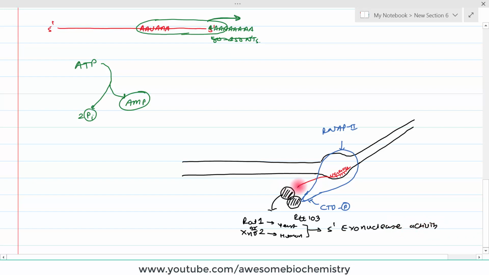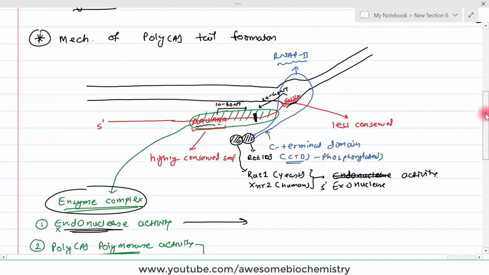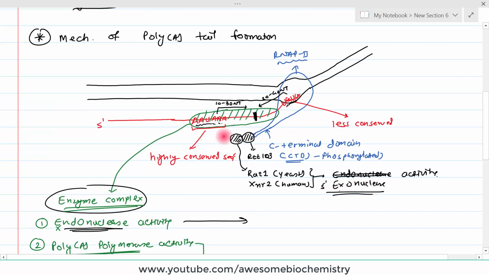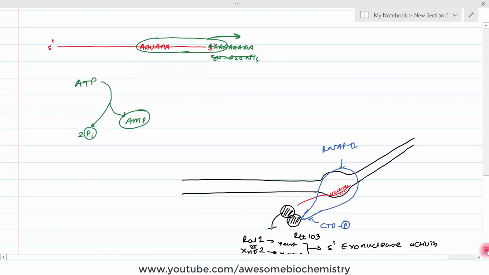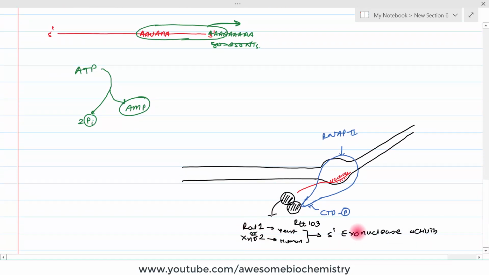So what will happen? Earlier, this 5' exonuclease activity was also there, but the 5' part of the RNA was not accessible to this enzyme. But as the cut is now over here, this enzyme can now act on this portion of the RNA, which is visible in this case. Now this exonuclease activity can carry out its action on this, as this is a 5' part of the RNA.